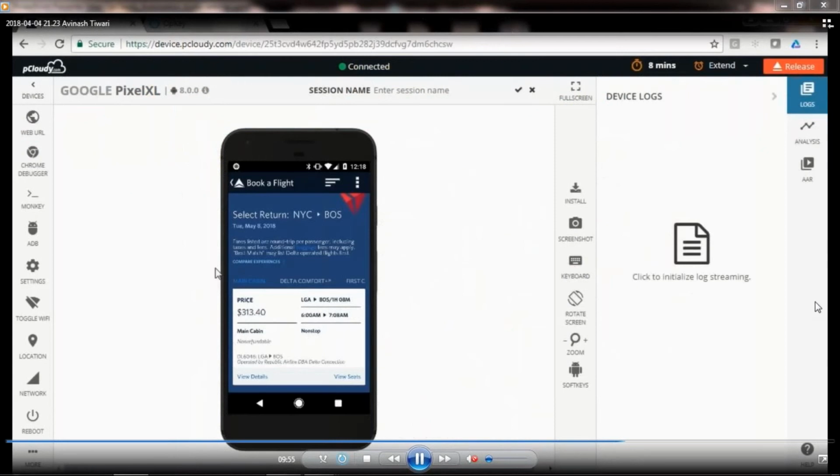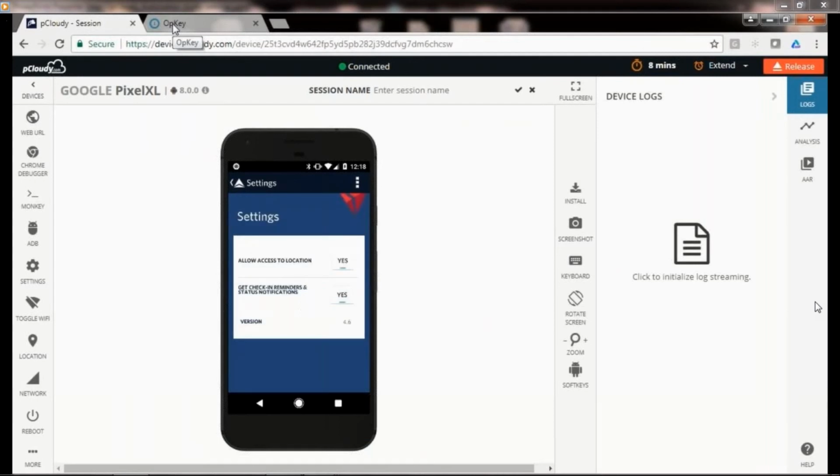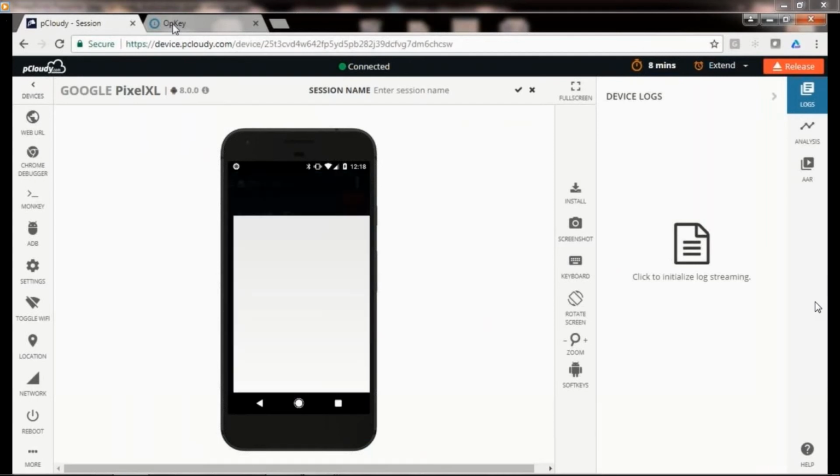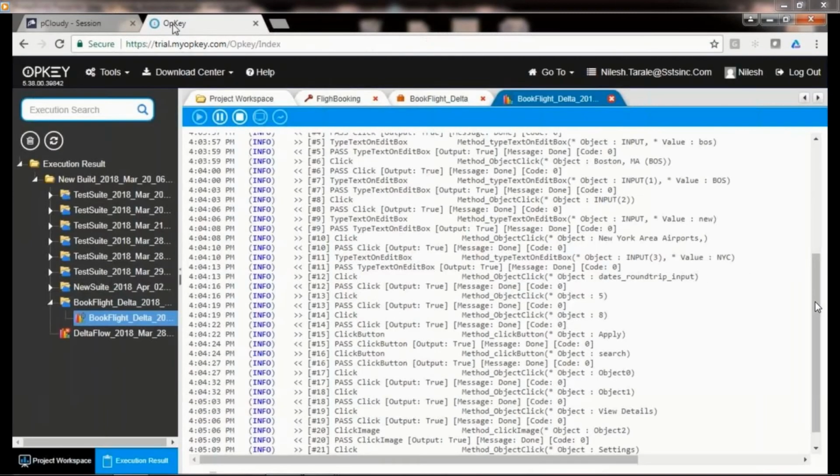Okay, I just wanted to go there and see if you are seeing the logs there. Yeah, in the OpKey tab, if I go, you can still see the logs happening there. And then we went to the options, we went to the settings, and that's how my test case got over. Okay, I'm coming back to the OpKey side, and you can see here